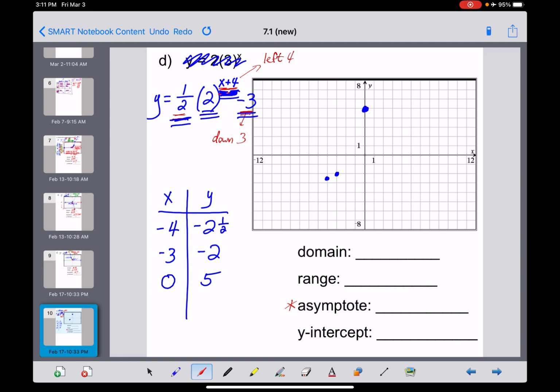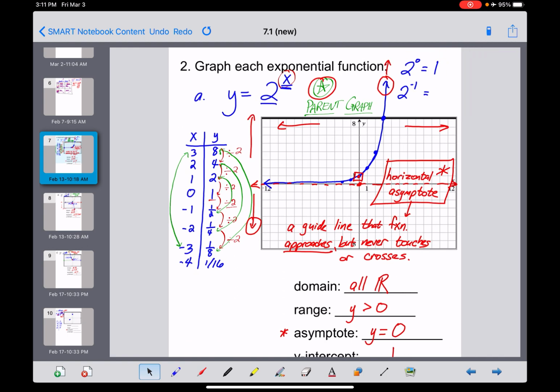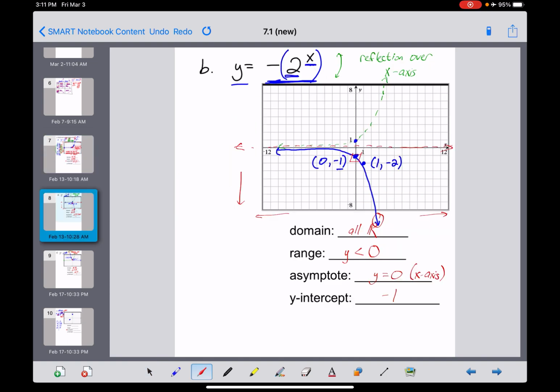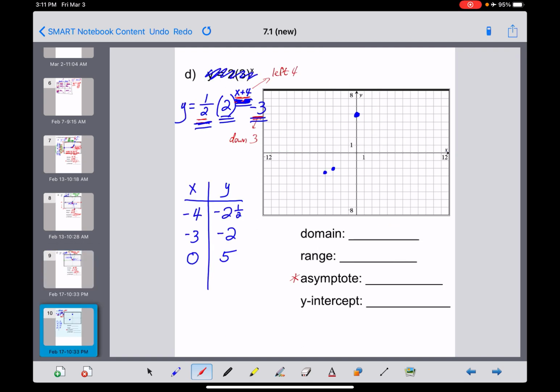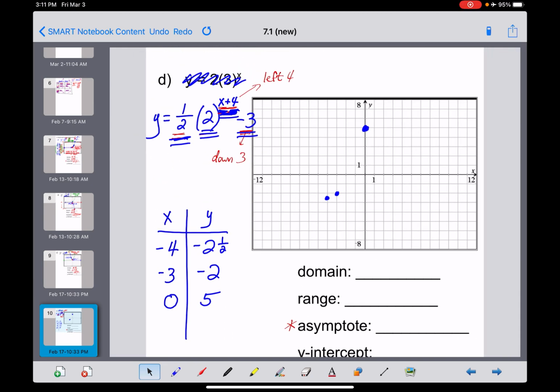Now, in all of the previous 3 graphs that we've done, the asymptote, make that just a little smaller so you can see that, has been the line y equals 0. That happened here in the first case, the parent graph. It happened right here when we reflected it over the x-axis, and it happened right here when we reflected over the y-axis. Now, in this case, that asymptote would have started off at the y-axis, but I think you can tell based on the location of those 3 blue dots, this thing is definitely going to cross that line. What happens here, guys,